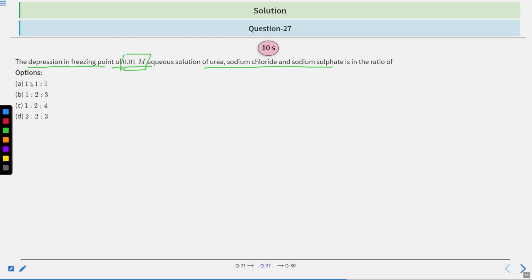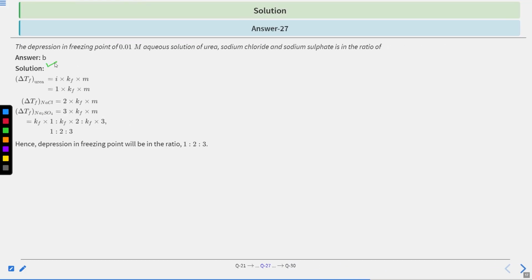Options are 1:1:1, 1:2:3, 1:2:4, or 2:2:3. So you have 10 seconds to solve this question. After that, we will see the answer. Okay, so the correct answer is option B, that is